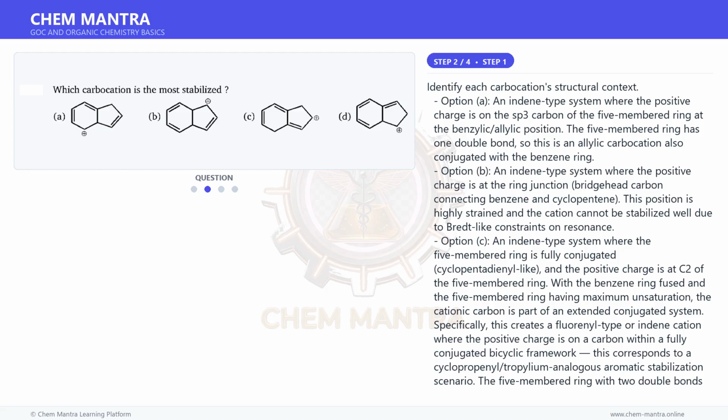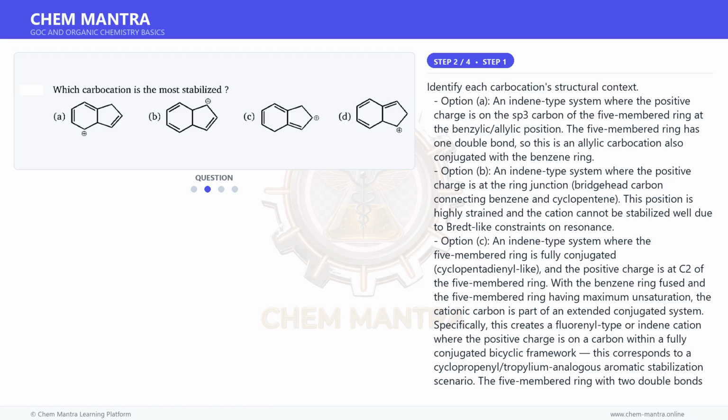Option A. An indene-type system where the positive charge is on the sp3 carbon of the 5-membered ring at the benzylic allylic position. The 5-membered ring has one double bond, so this is an allylic carbocation also conjugated with the benzene ring. Option B. An indene-type system where the positive charge is at the ring junction, the bridgehead carbon connecting benzene